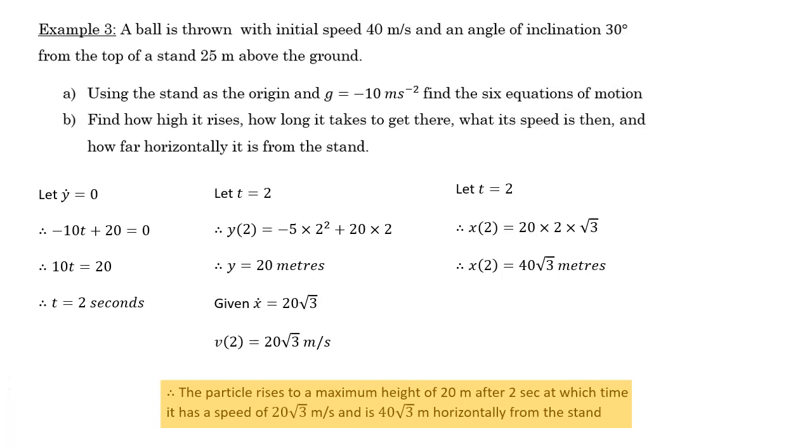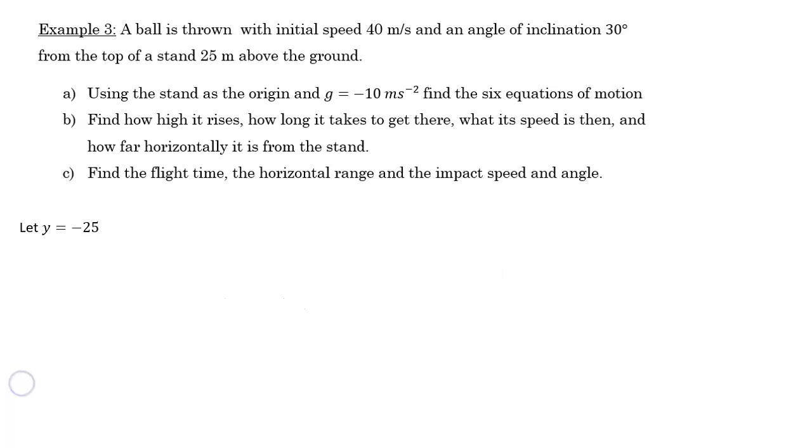Right, so that's part B done. That's not the end of the question though. There is a part C here as well. We're asked to find the flight time, the horizontal range, and the impact speed and angle. So the ball has gone from the top of the stand up another 20 meters. Now it's going to fall 45 meters from there. It's going to come down until it is 25 meters below the top of the stand, which is at ground